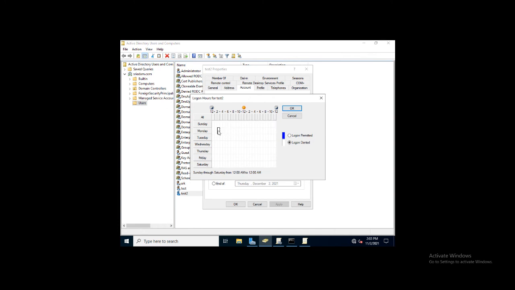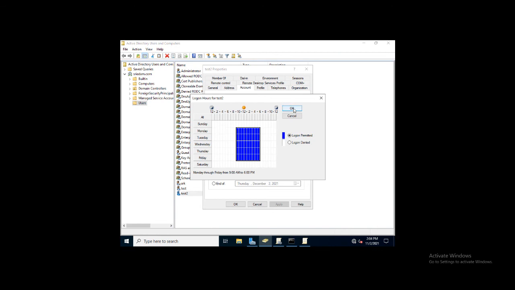So here Monday, 12 a.m. Monday to Friday, 9 a.m. to 6 p.m., logon permitted. So my user can log in only from 9 a.m. to 6 p.m. If he tries to log in at a different time, he cannot log in.